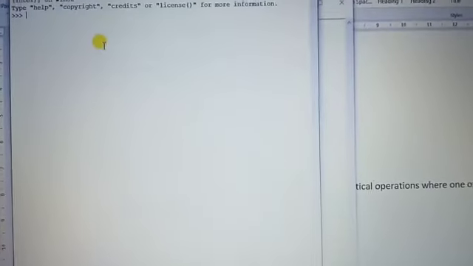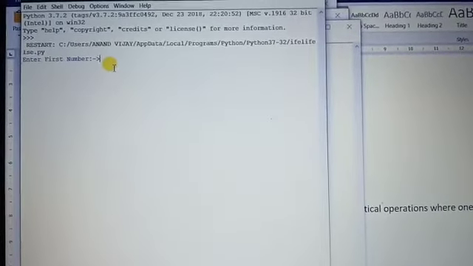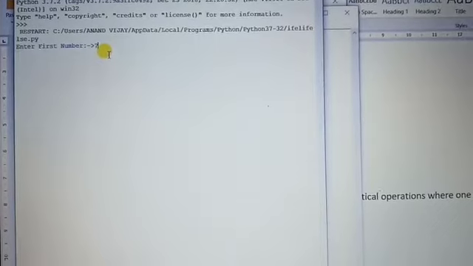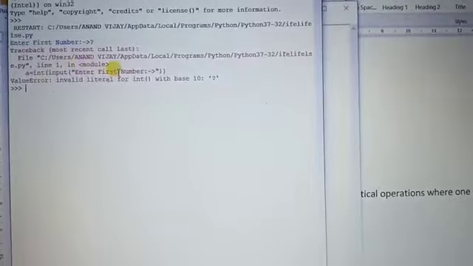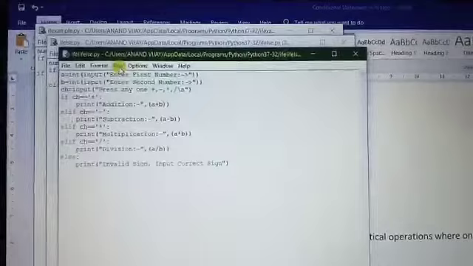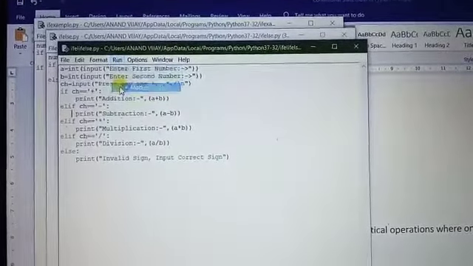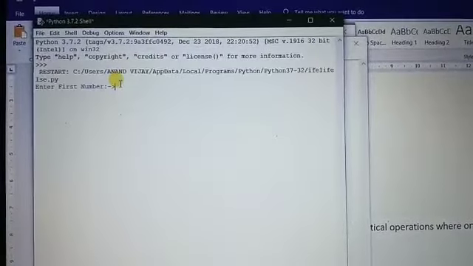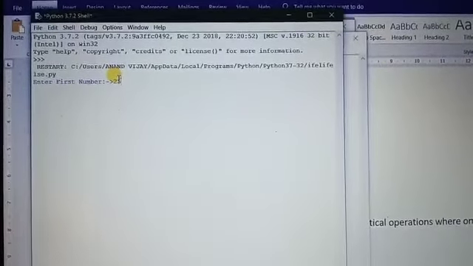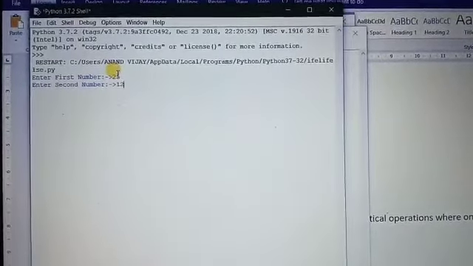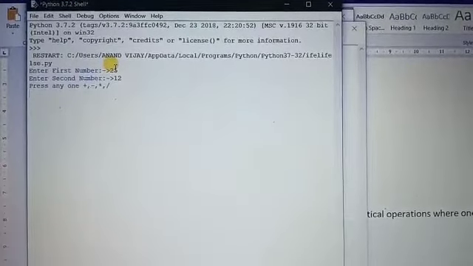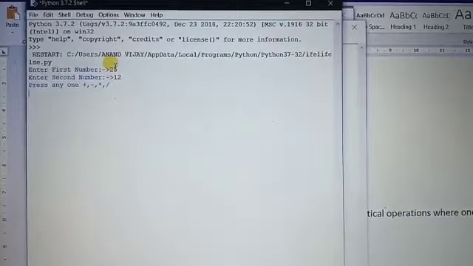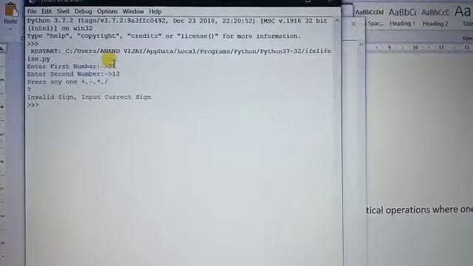In the same manner, again we have performed the run. Okay. And I have not given any arithmetical sign. I have put the question mark. Okay. Look. What is given here? Sorry, that is going to the wrong. Run it. At first, run it. It's asking for the value at first. I have given the 25 for the variable A and 12 for the variable B. Now I have pressed any one other sign except this one. Okay, question mark. Look, invalid sign.